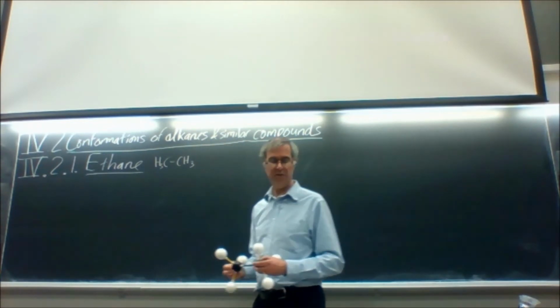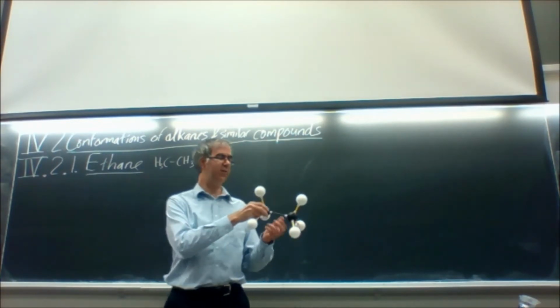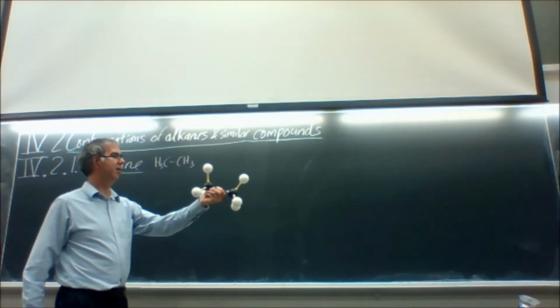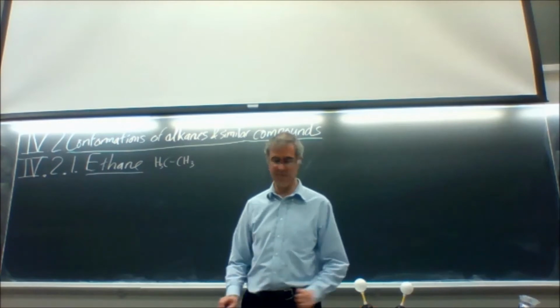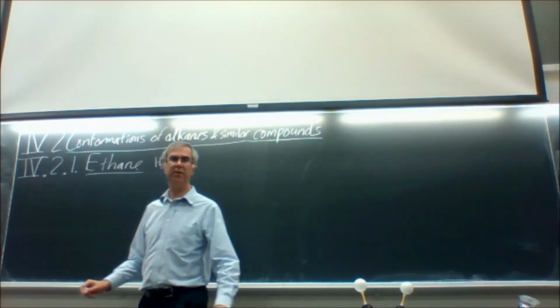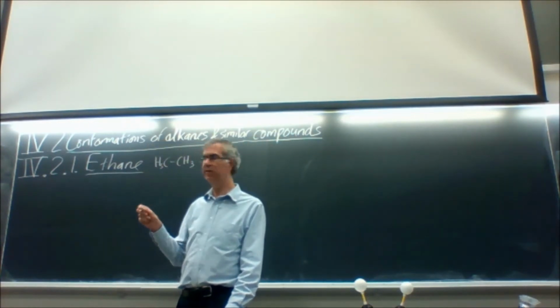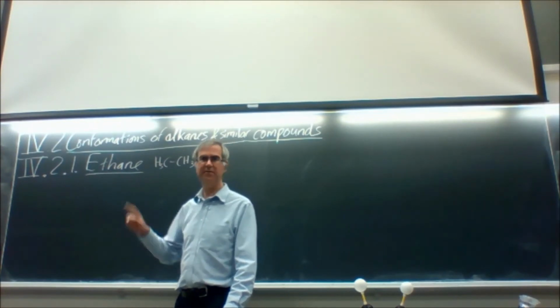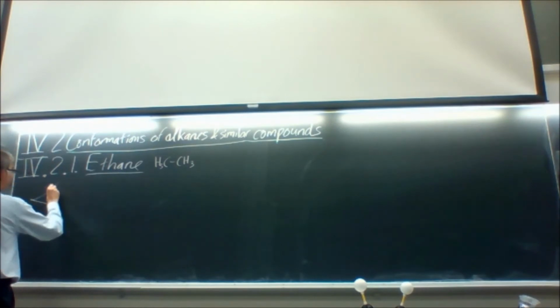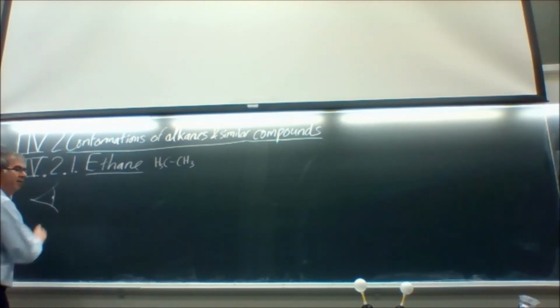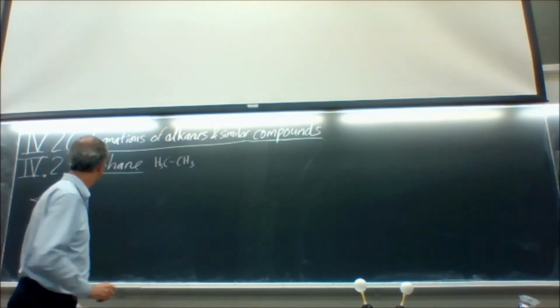So imagine that we're looking from end on at the molecule like this, and I'm going to try and draw this in some different ways. And my old physics teacher in my high school used to always draw these little eyes to show a particular viewpoint. So I'm going to copy his style,